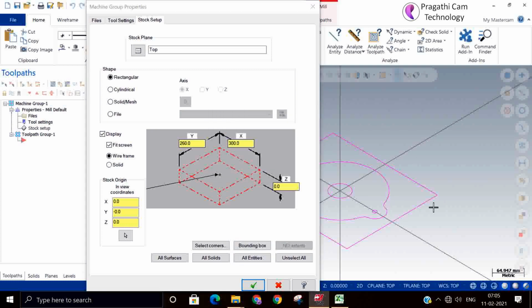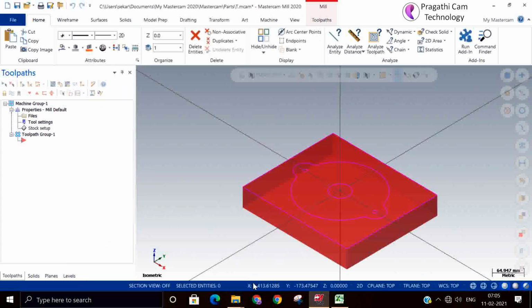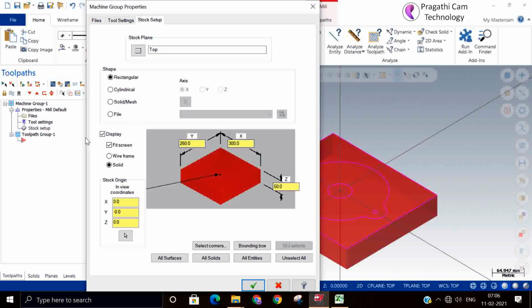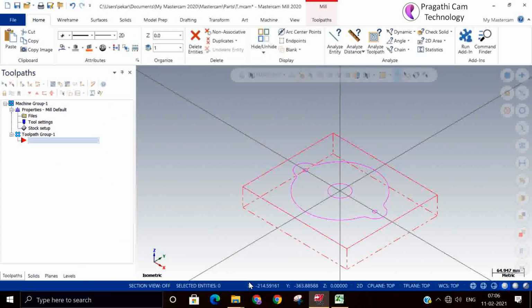If you say all entity, it will select whatever is in the display and make the maximum extremities. However you want, you can do the job setup. If you feel that the solid visibility is a little awkward, we can switch it off and make the wireframe display.